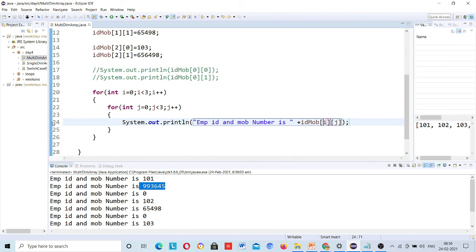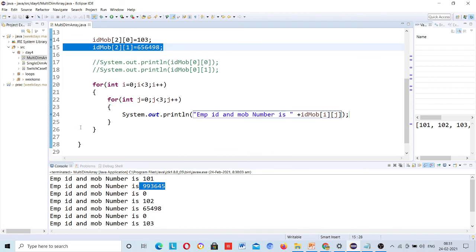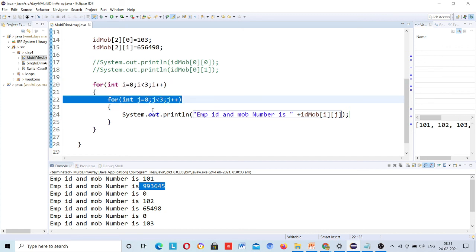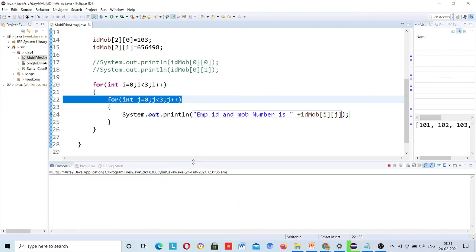Let me put a debugger over here. I need to put one more here. Here. Debug as Java application.